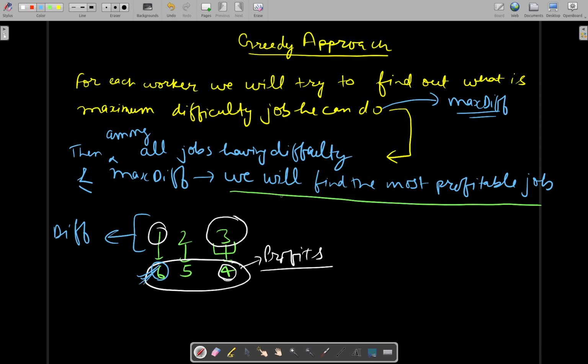So we will find, among all the jobs which are less than or equal to the max difficulty, let's say this was the max difficulty job that a worker could have done. Among all these jobs which are less than or equal to this difficulty, we will find the most profitable one. So now the question arises how we can do so in an optimal way. So for that what we will be doing here is,